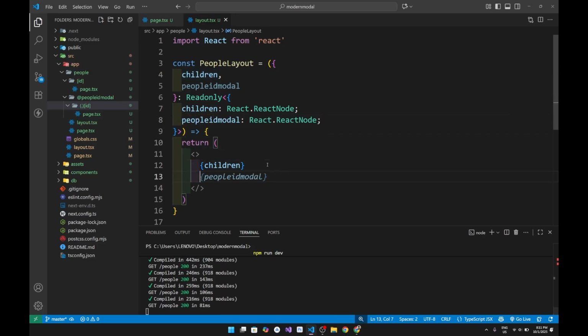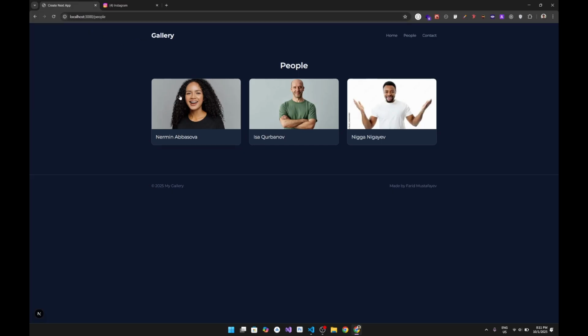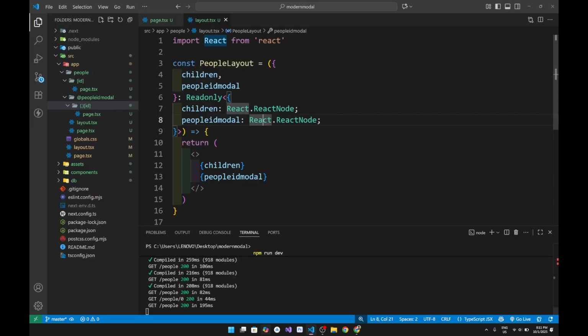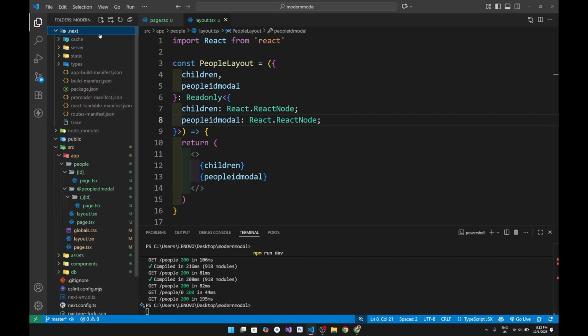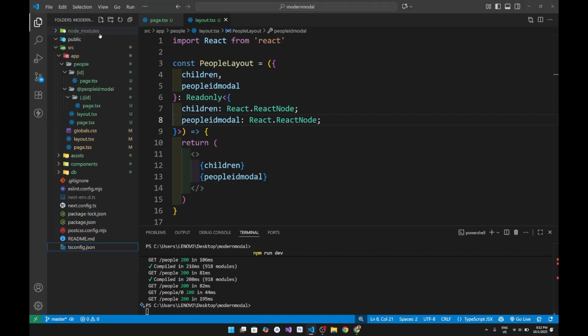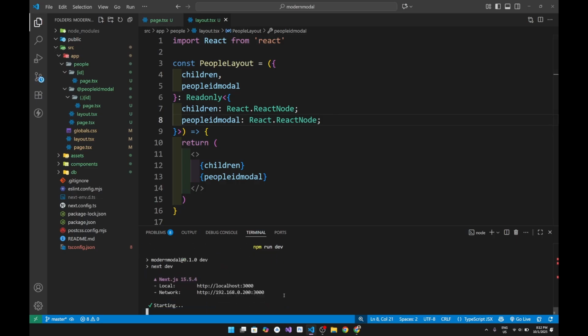Do like that and do like this. And let's see if our application is working. Let's refresh. But before that, we need to delete .next and run our application again.